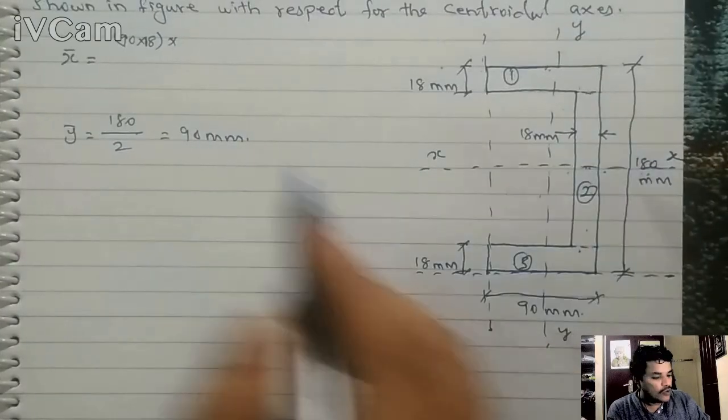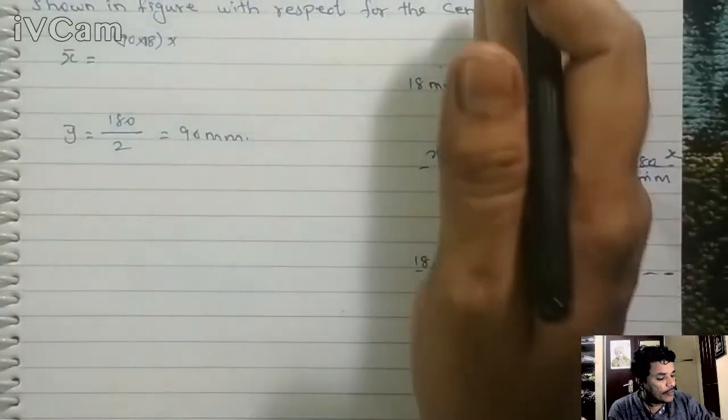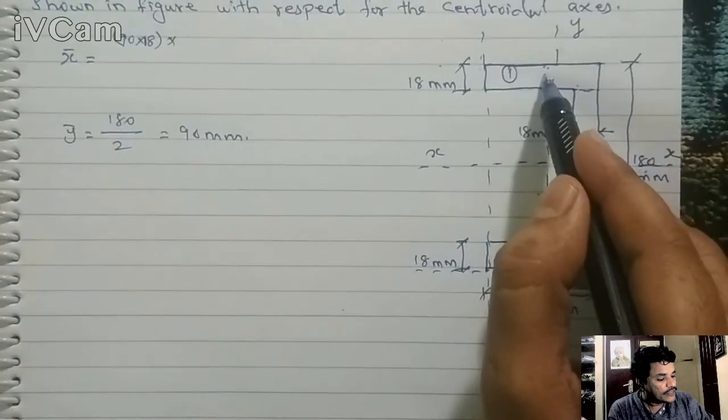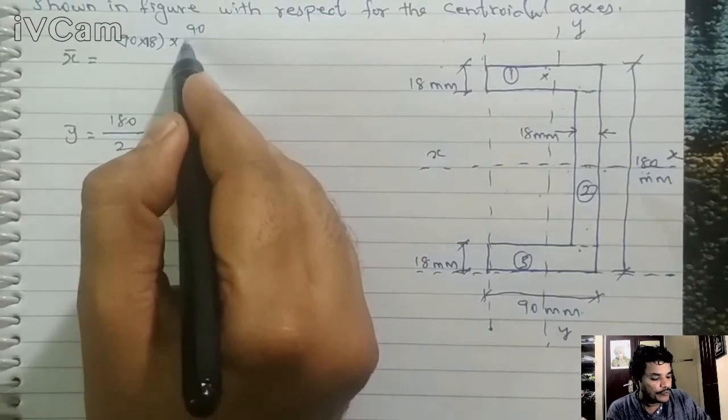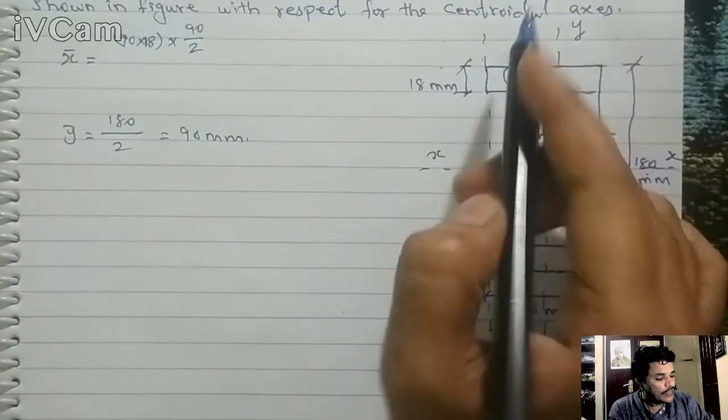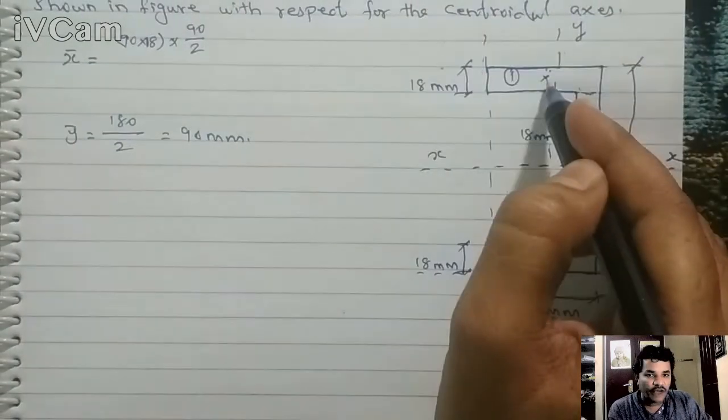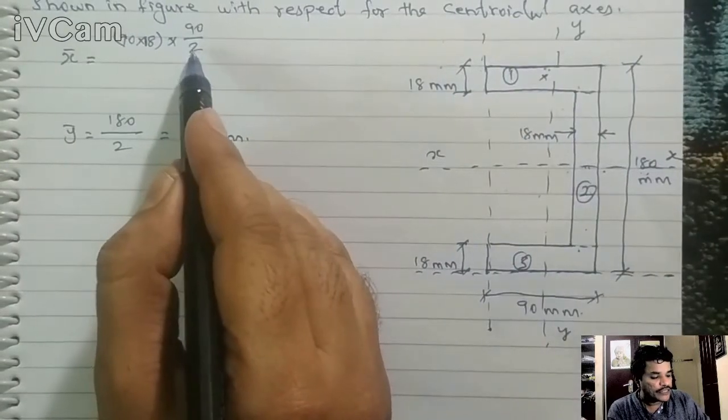So what is the centroid of the first section from the extreme left? That is 90 by 2, half of the total 90 of the rectangle, plus